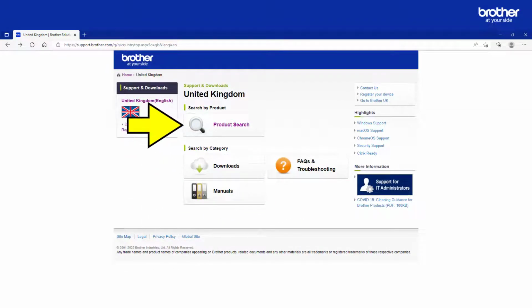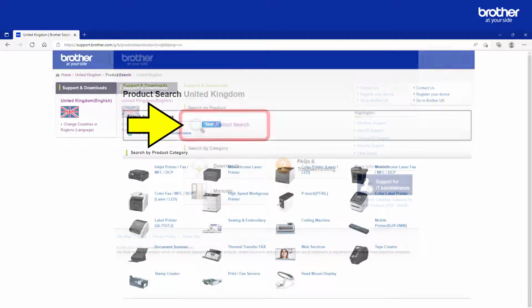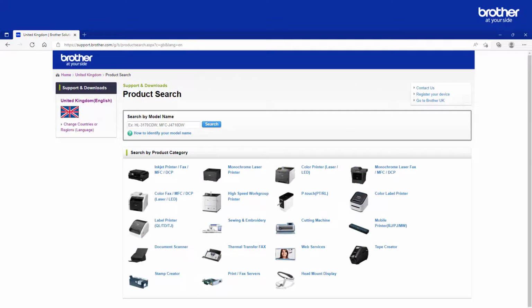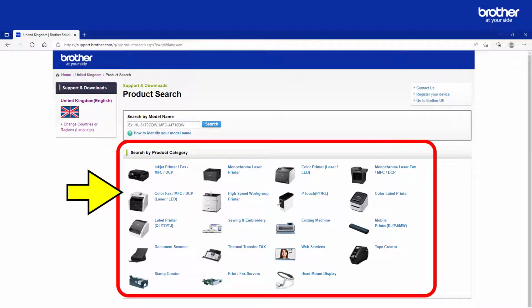Click the Product Search button, then select one of the products that BRAdmin will be managing. You can do this either by searching for its model name or selecting it from one of these product categories.